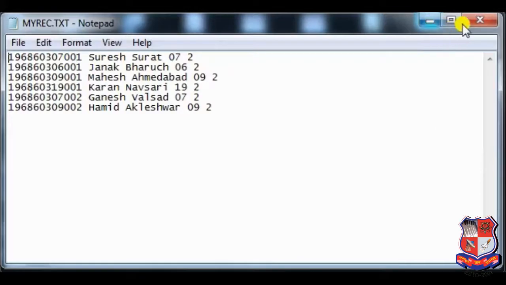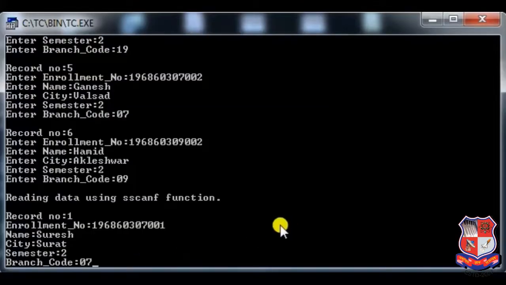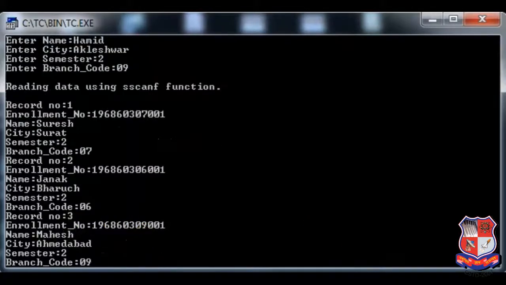Fine. So I hope you understand it very well. Once again, I am reading the same file in a same sequence. This is my first record. This is my second record. This is my third record.